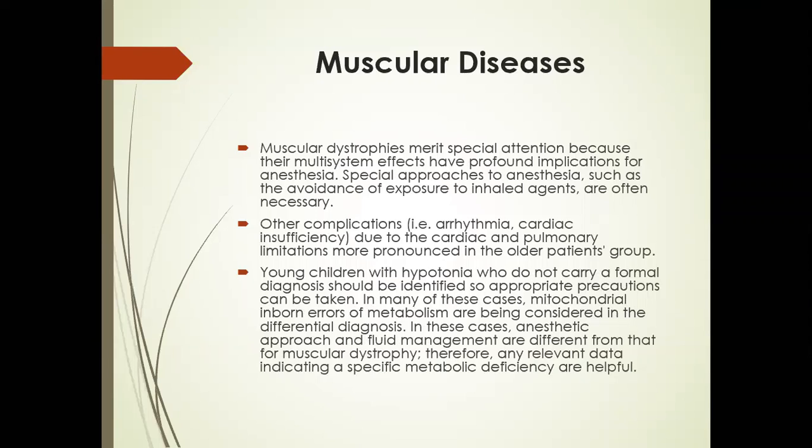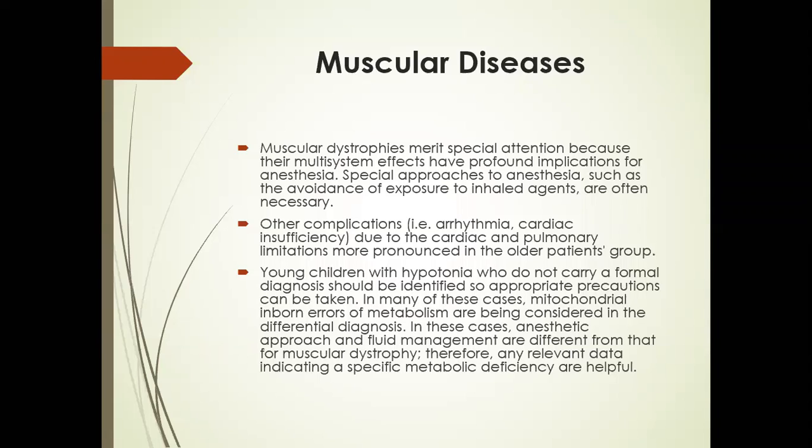In muscular disease, muscular dystrophies merit special attention because their multisystem effects have profound implications for anesthesia. Special approaches to anesthesia, such as the avoidance of exposure to inhaled agents, are often necessary to avoid malignant hyperthermia. Other complications in muscular dystrophies are arrhythmias, cardiac insufficiency due to the cardiac and pulmonary limitations pronounced in the older